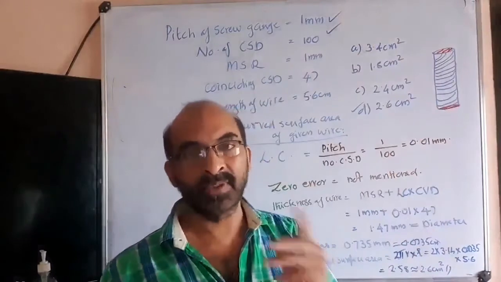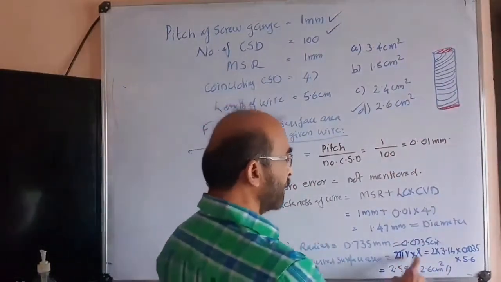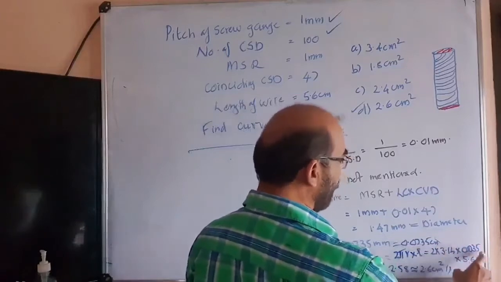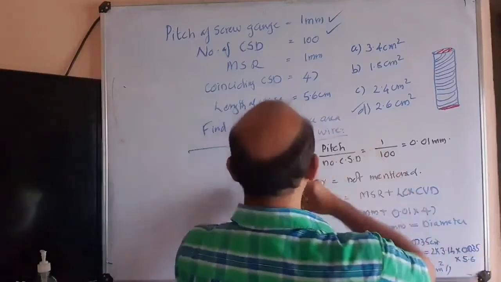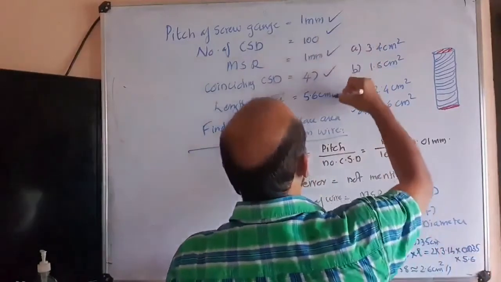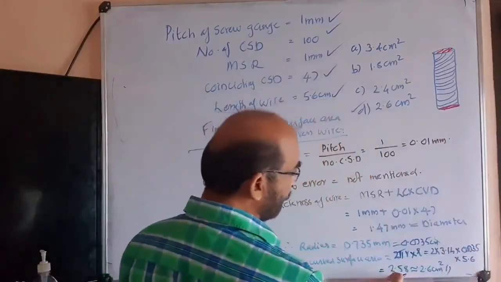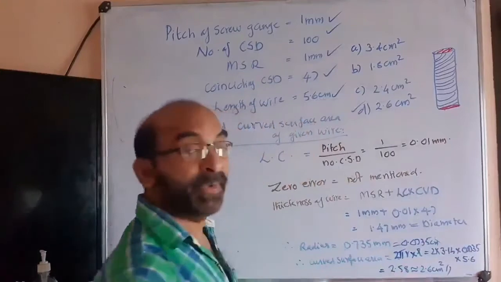That will give you the curved surface area. Okay. 2 pi r into length: 2 into 3.14 into 0.0735 into height, which is given in the question. All this data we have now used, 0.56, giving you 2.58. And in the question it is mentioned